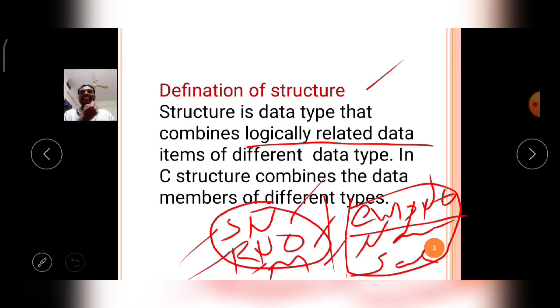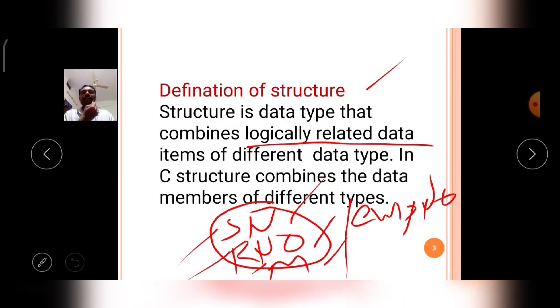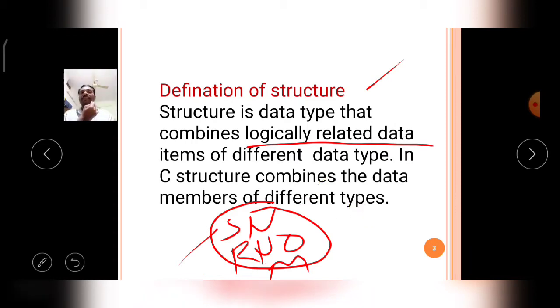So the structure is a user defined data type. This user defined data type logically relates the items of different data types. So here we already understand what is logically related data. Then the logically related data items of different data types. So here concentrate on the word different data types.